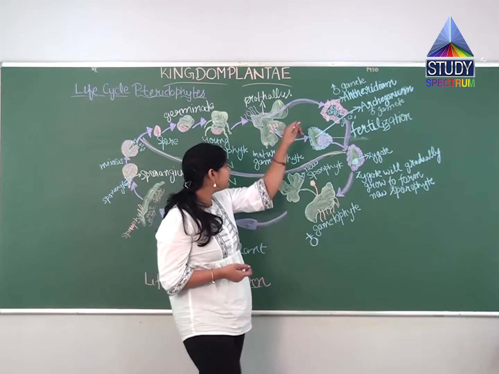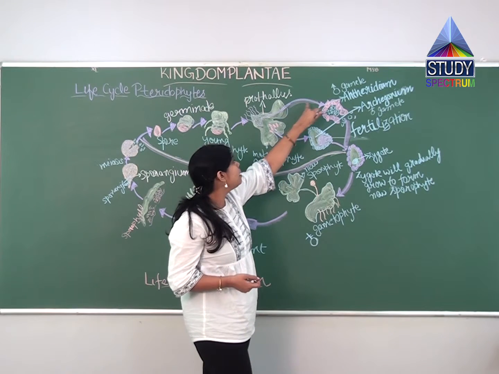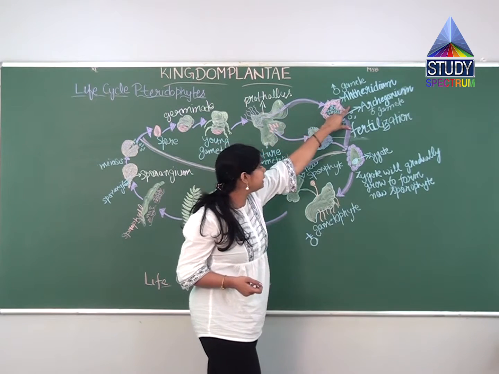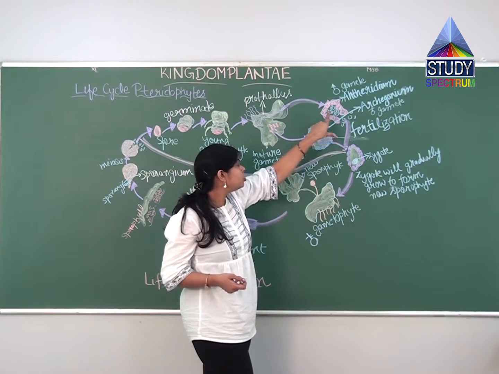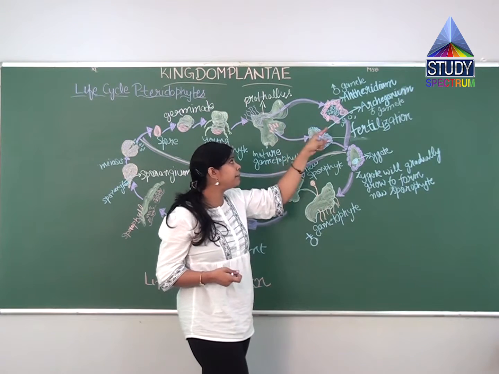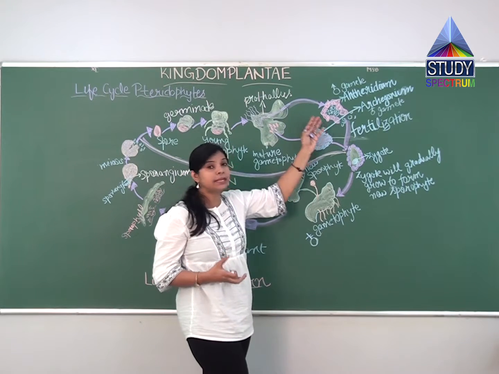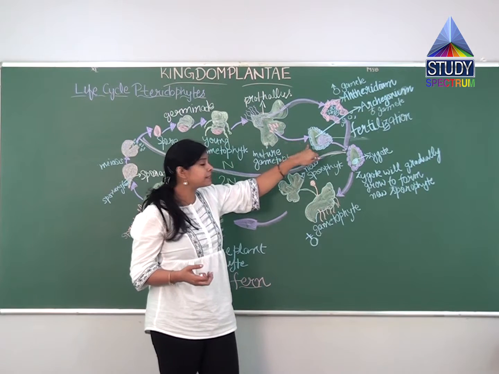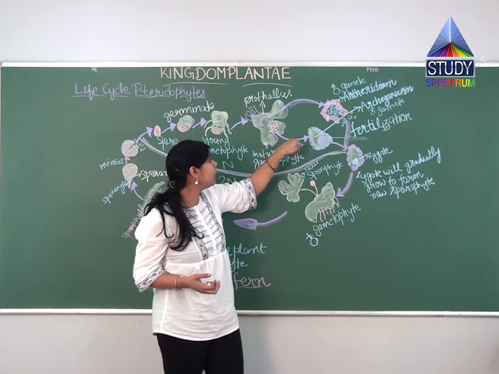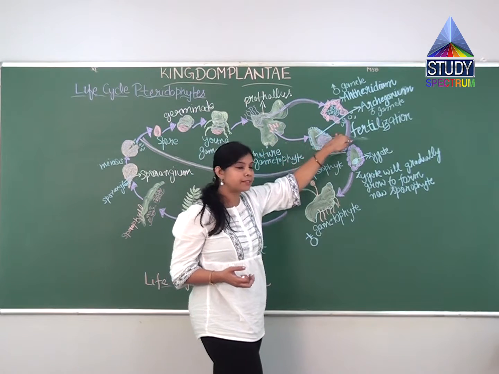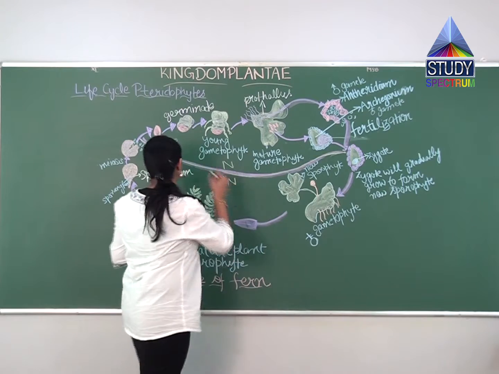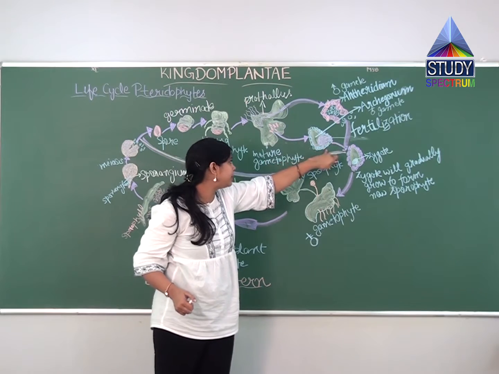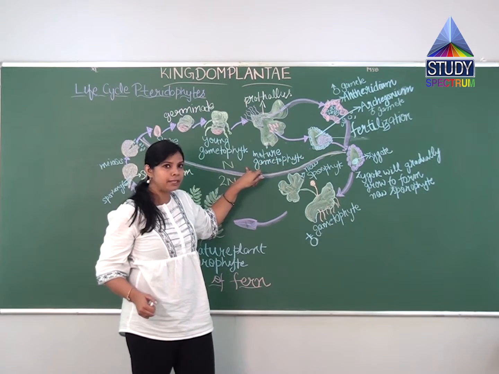Now what would happen? As it includes both, the male reproductive part, the antheridium, will release a number of multiple male gametes. But the egg will be single and large. Till this stage, it is a haploid stage. So the life cycle from the spore to the mature gametophyte, till it releases the male and female gametes, is the haploid stage.